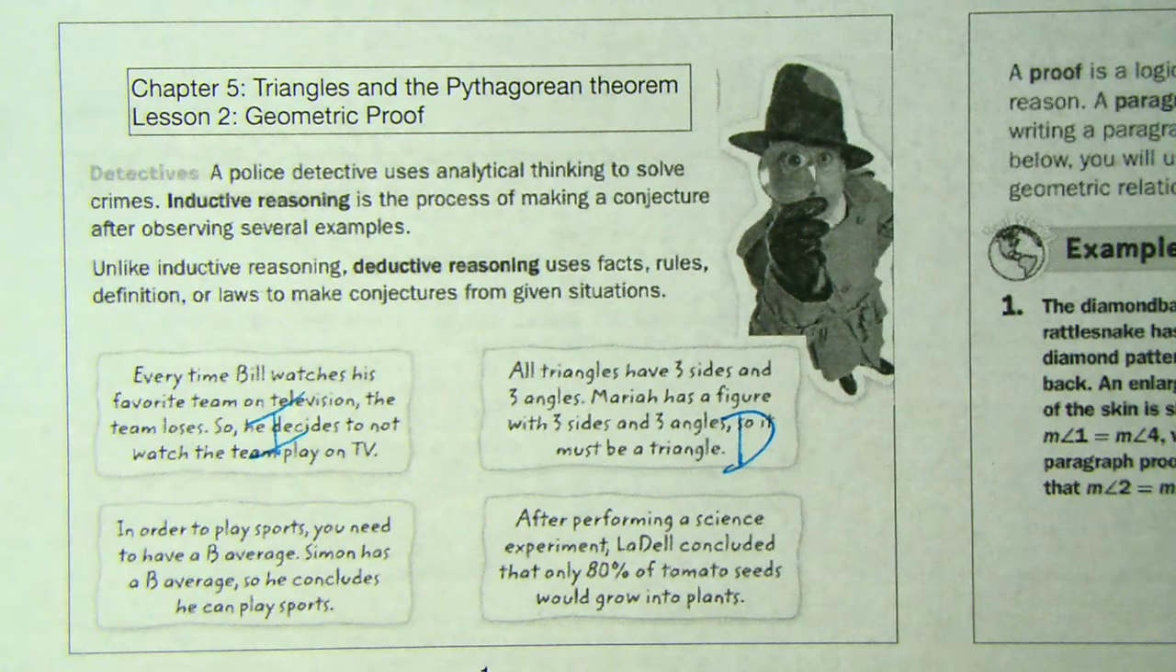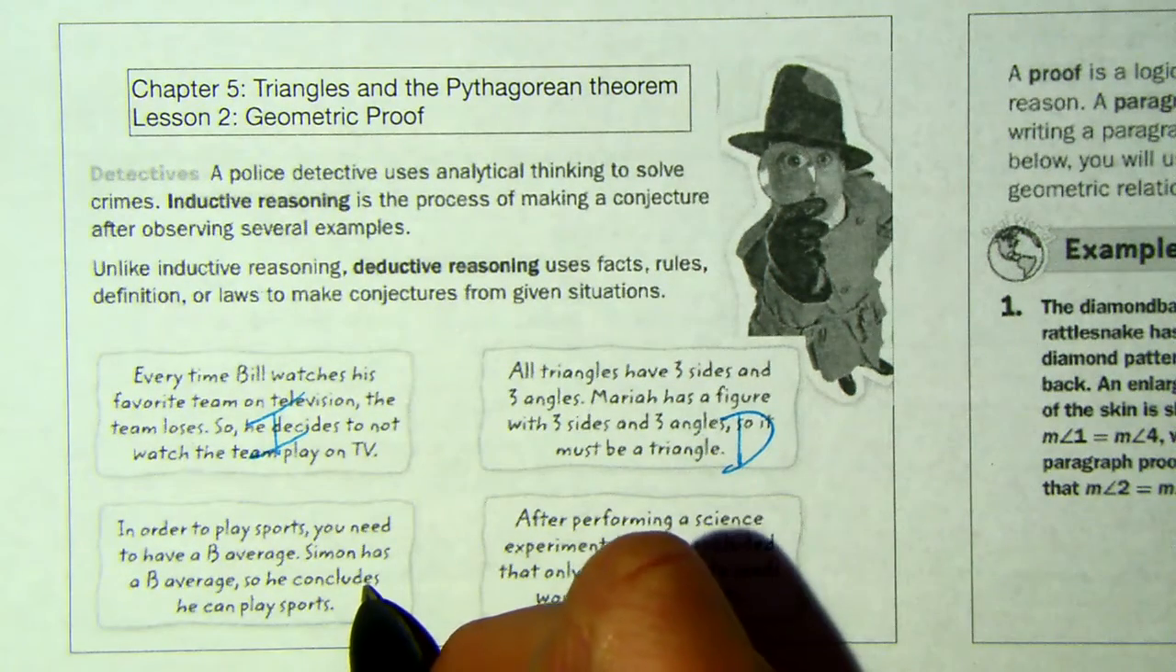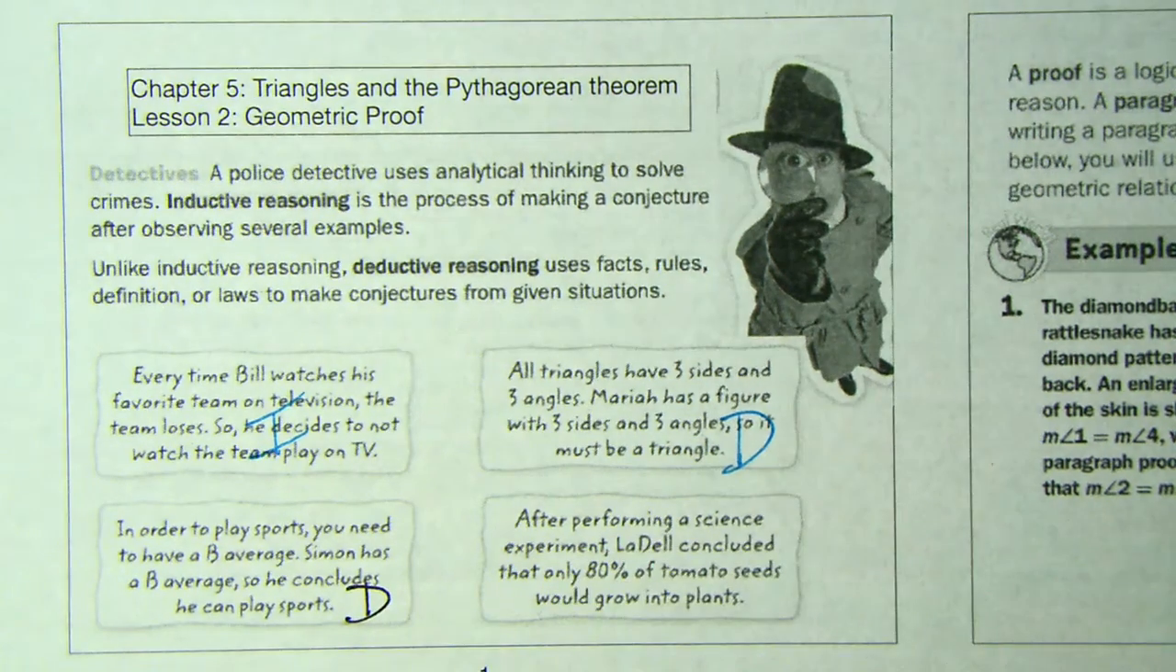Triangle has 3 sides, 3 angles. Fact. In order to play sports, you need to have a B average. Simon has a B average, so he concludes he can play sports. That is deductive. Now, it doesn't say he's going to be good at sports. It just says he can play it, right? He can try. Okay. And then the last one, after performing a science experiment, Liddell concluded that only 80% of